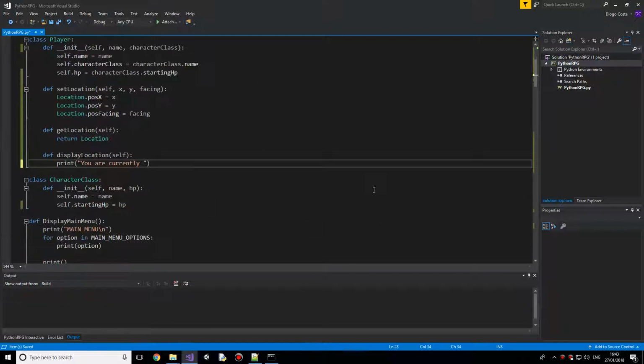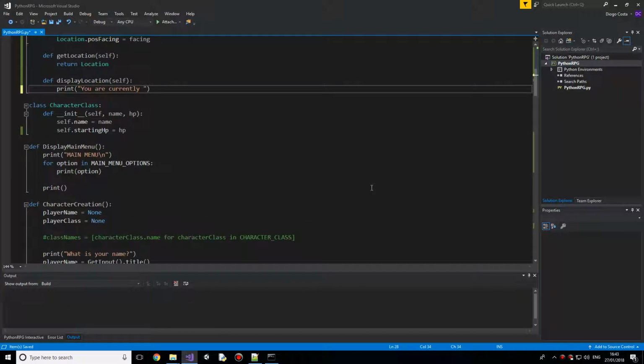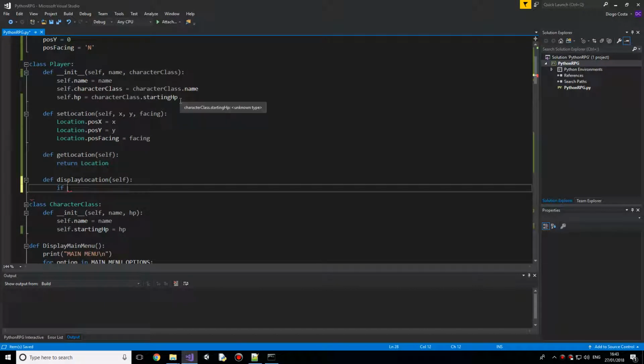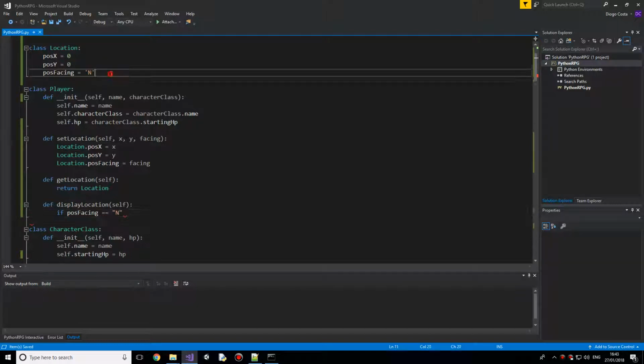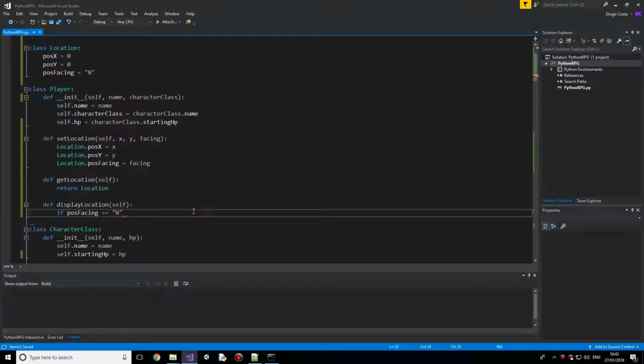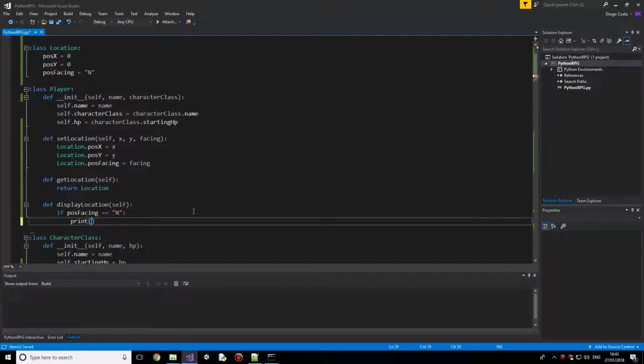What I'm going to say is, if pos facing is equal to N, okay, it's N, we're going to say print